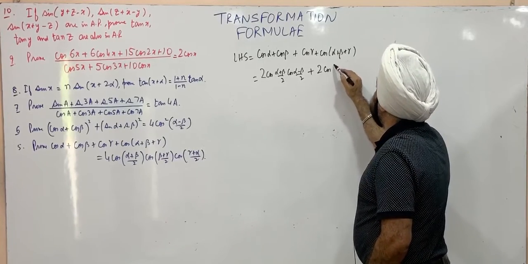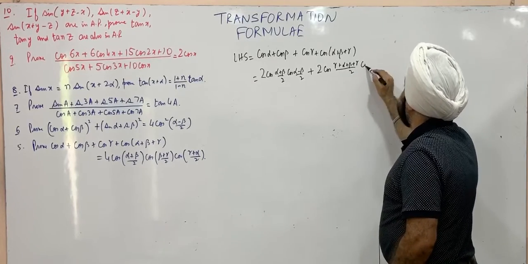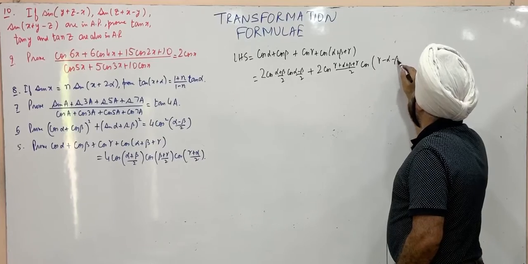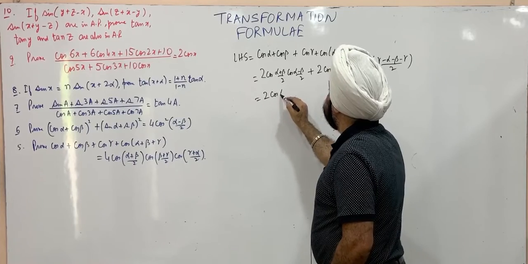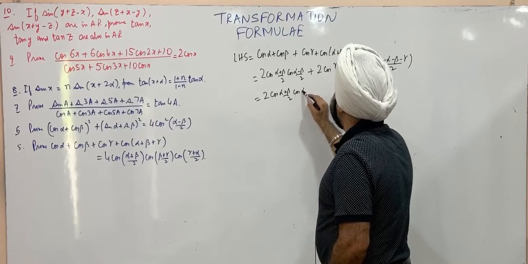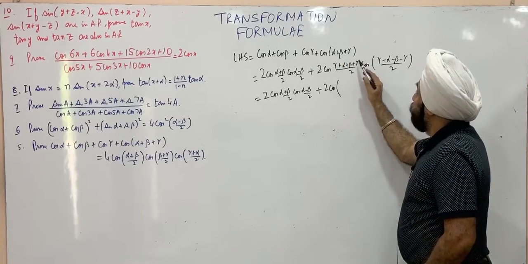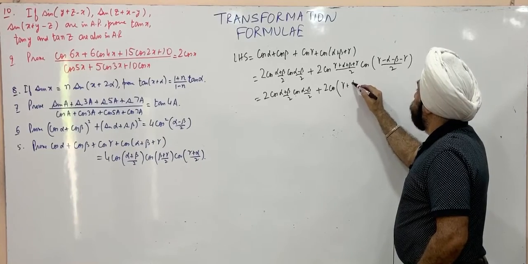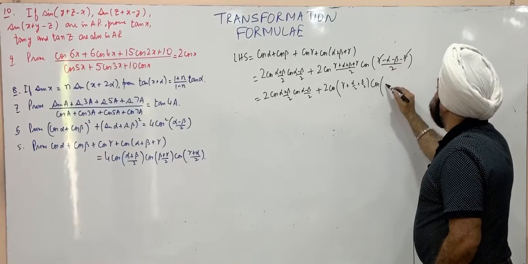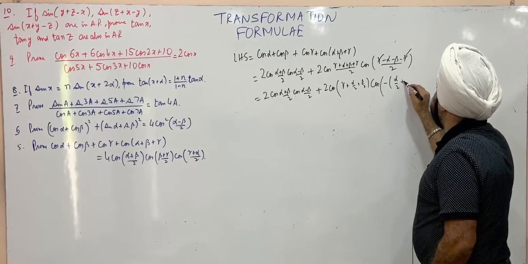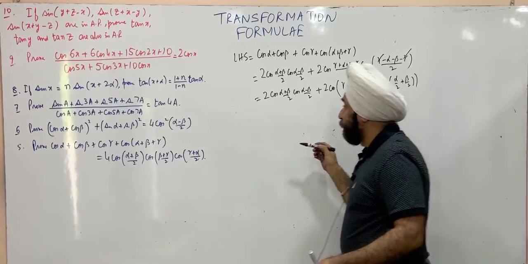This is 2 cos of gamma plus alpha plus beta plus gamma by 2 into cos of gamma minus alpha minus beta minus gamma by 2. This is 2 cos alpha plus beta by 2 into cos alpha minus beta by 2. This is gamma plus gamma upon 2, is gamma plus alpha by 2 plus beta by 2, into cos, this is minus alpha by 2 plus beta by 2. Now cos of minus theta is cos of theta, so we change this to